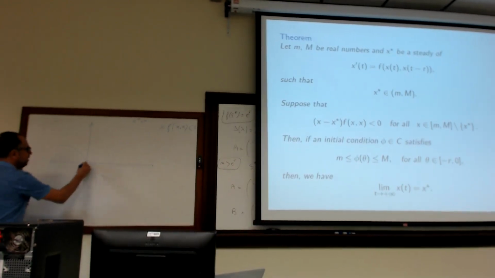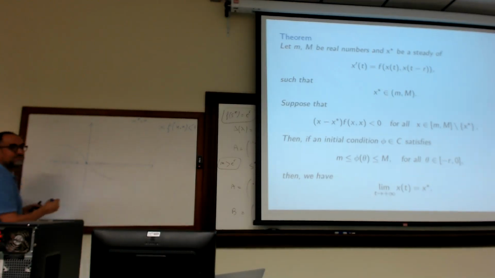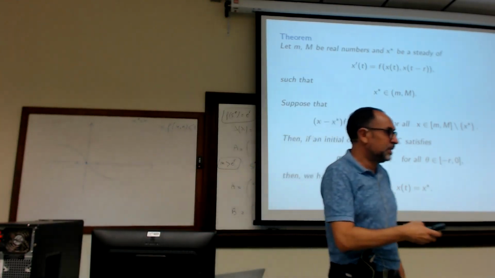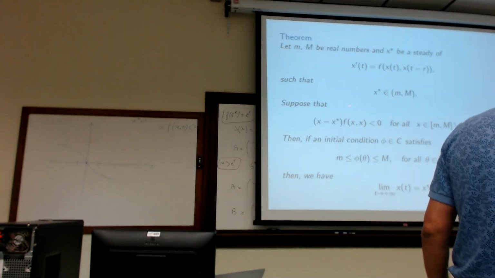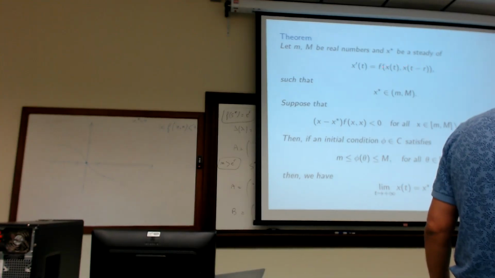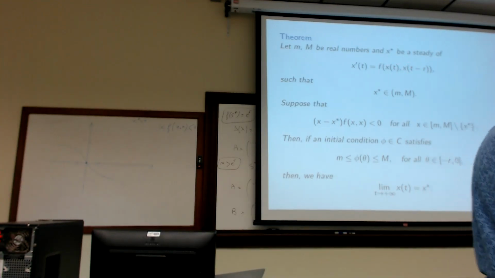Okay, and this gives you stability of the steady state for ordinary differential equations. This is classical. And we have here the same for delay differential equations, taking the same function as the ordinary differential equation. But the only condition we have to add is that f is monotone in terms of the delay, and we have the stability of the steady state. Okay, I did it here for 0, but we can do it for any other steady state.